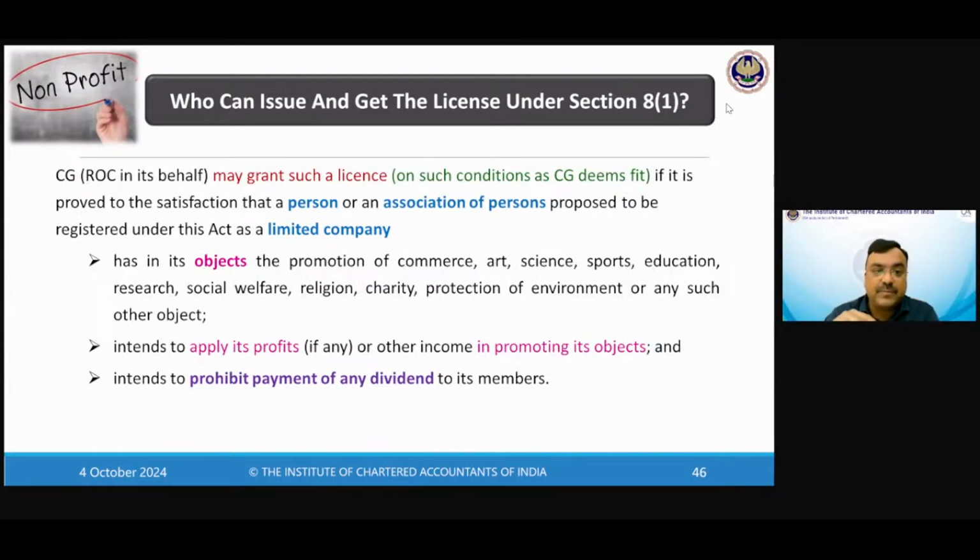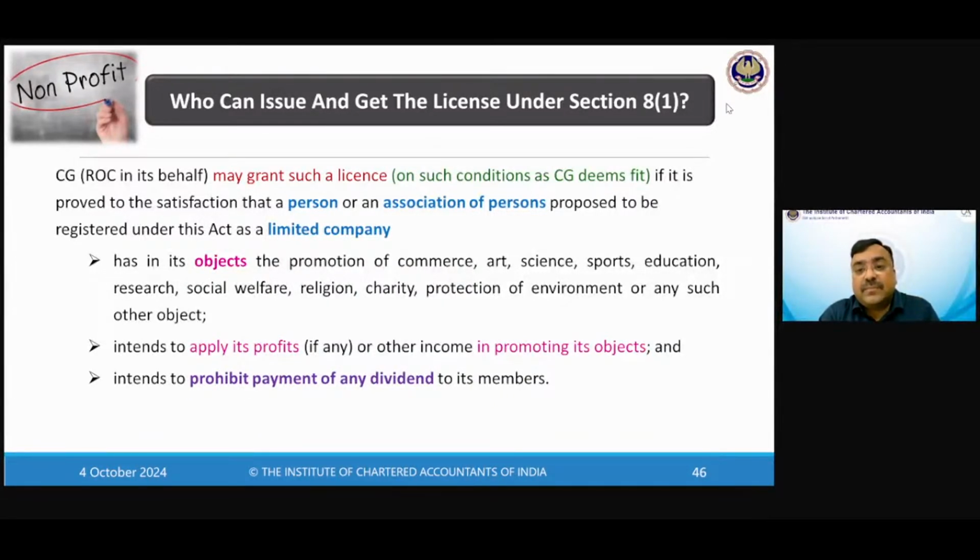not yet registered, proposed to be registered under this act as a limited company has its object the promotion of commerce, art, science, sports, education, research, social welfare, religion, charity, protection of environment, or any such other object, intends to apply its profit or other income in promoting the objects, and intends to prohibit payment of any dividend to its members. Means, अगर कोई company is going to be proposed